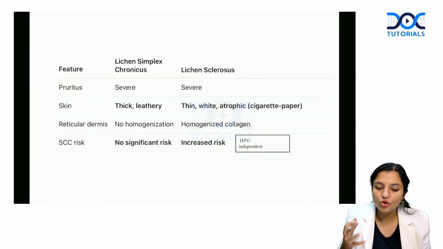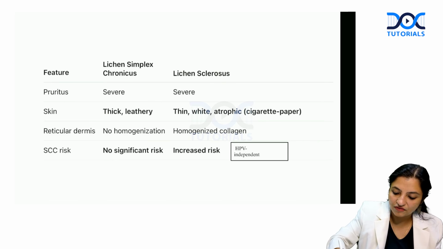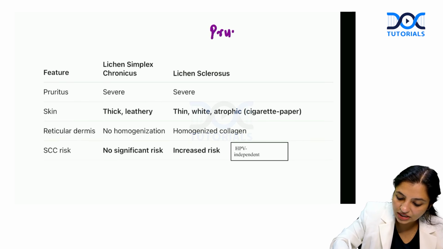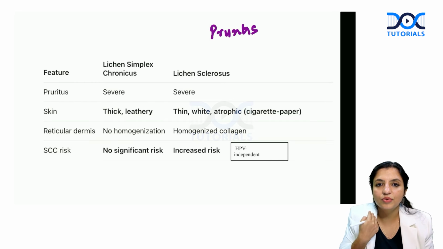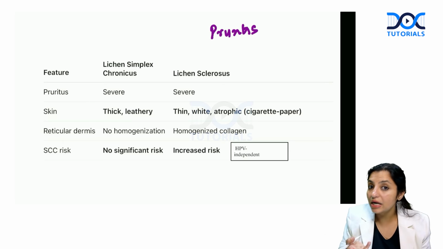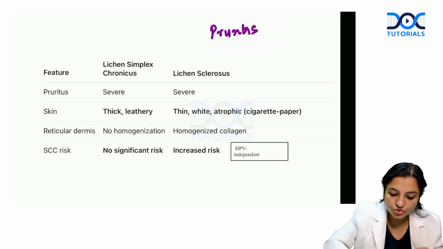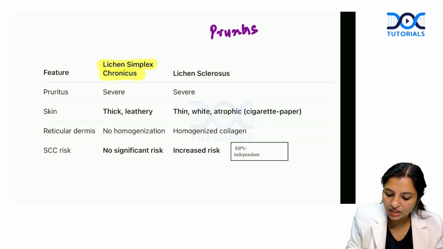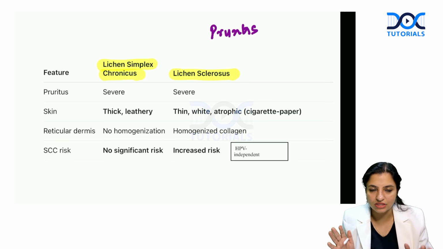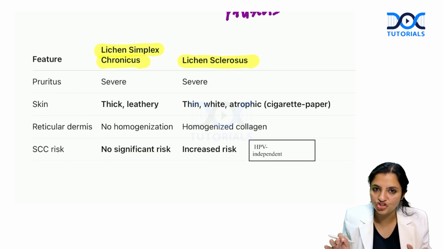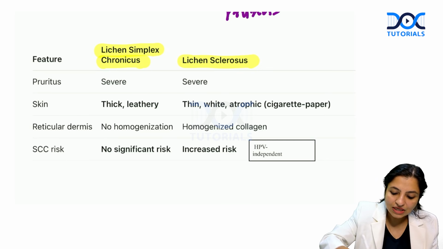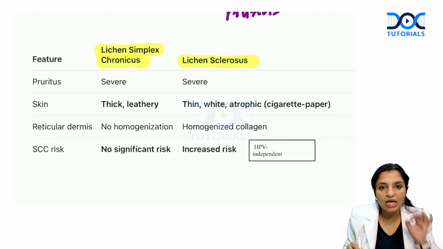So remember, whenever we talk about pruritic lesions of the vulva, there are two lesions which can cause leukoplakia, but you should know them. So what are these two lesions? One is lichen simplex chronicus and the other is lichen sclerosus. Both of them are intensely itchy lesions. Remember, what is the classical finding? Whenever they give you the epidermis is